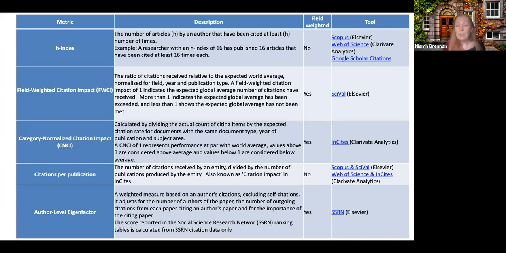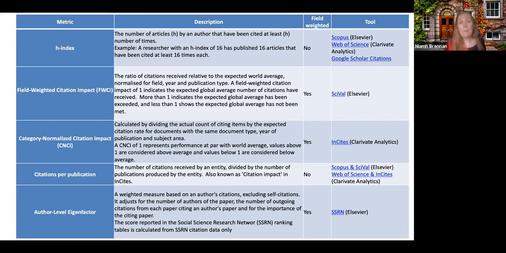And some people are looking at things like the eigenfactor. We're not going to go into those in detail today. We don't have time. That's a weighted measure that's based on author citations, excluding self-citation. And that adjusts for the number of authors of the paper, the number of outgoing citations from each paper citing an author's paper, and the importance of the citing paper. So it's reported in SSRN, and it's also reported in a number of other rankings